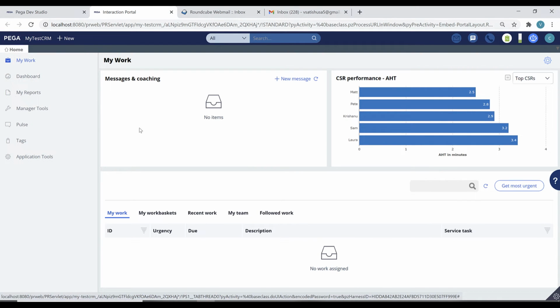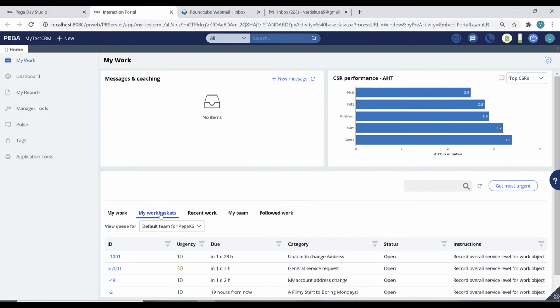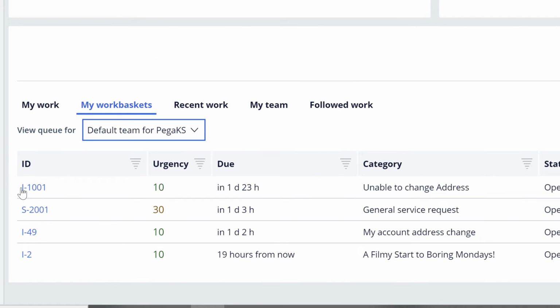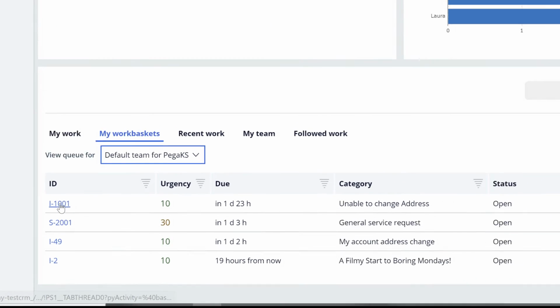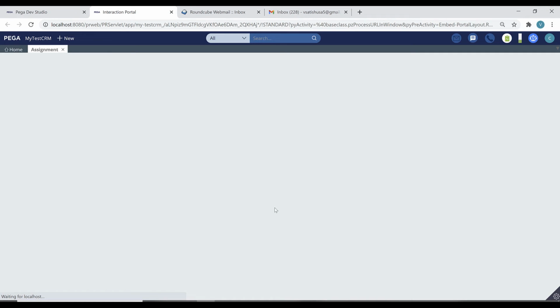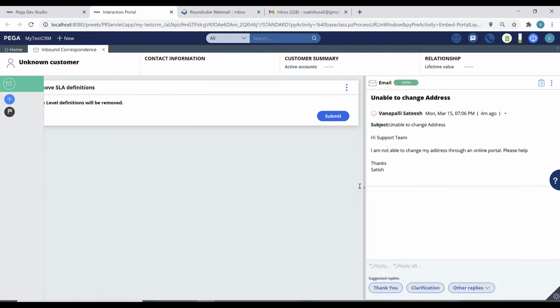In the interaction portal, in My Work, go to the work baskets and select the default work basket. So this is my default work basket. If you see, the new interaction gets created. If you open this interaction case, this is the interaction case that gets created.